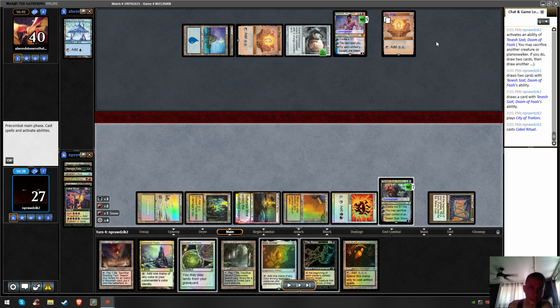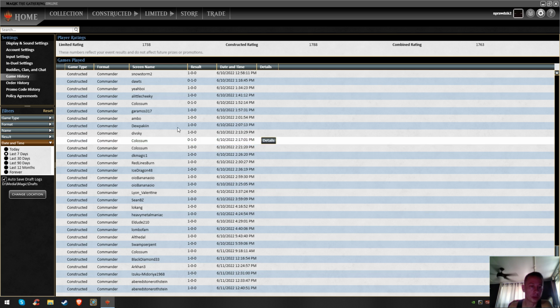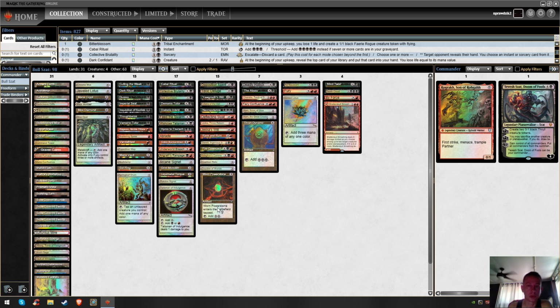But yeah, all this disappeared, and some of the cards up here disappeared, plus I tutored for what I wanted. That's what actually happened. But at any rate, unfortunately that last game bugged out, but you can see that Bull Szat is really truly a bunch of Bull Szat. This is kind of all the nasty, and like I said, remember this is a land over here, so we actually are running 32